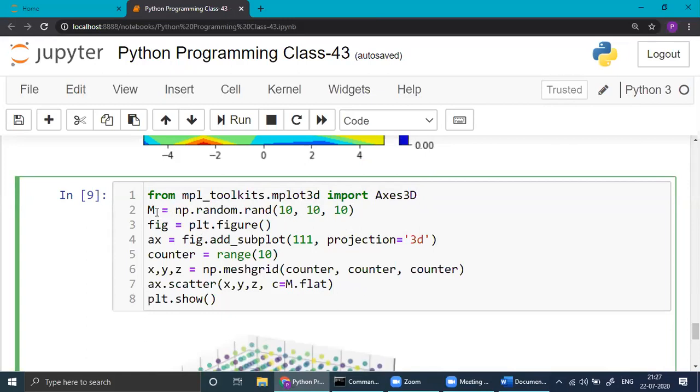Now, capital M here, np.random.rand 10 10 10, you know this, and figure and ax I discussed last time. We're using subplot here, 111 with projection 3D. This way you have to write it, and range 10 we have written, counter or whatever you write. Now you send these numbers. Here all are the same. Then whatever numbers you get there,